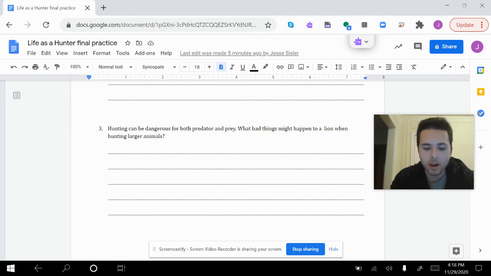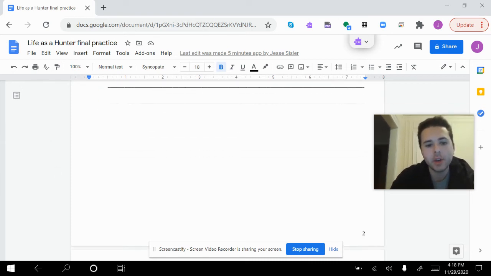So let's think about our lion hunting a larger animal. What are some bad things that could happen to a lion when it's hunting a larger animal? Again, this can be bullet points, let's say 2 to 3 bullet points. What are some bad things that could happen to a lion when it's hunting bigger animals? Say, for example, the lion is hunting a zebra again. What's difficult about that, and what are some things that could happen to the lion as a result? Okay,